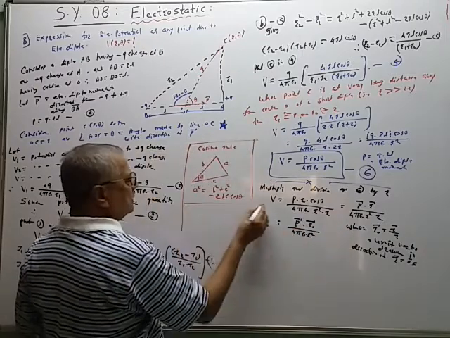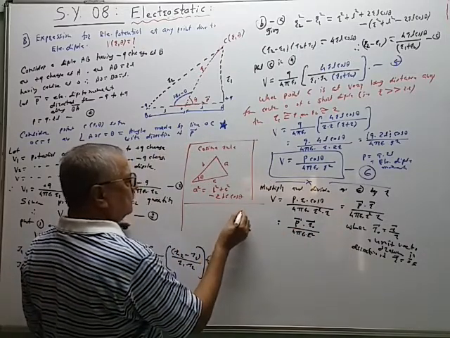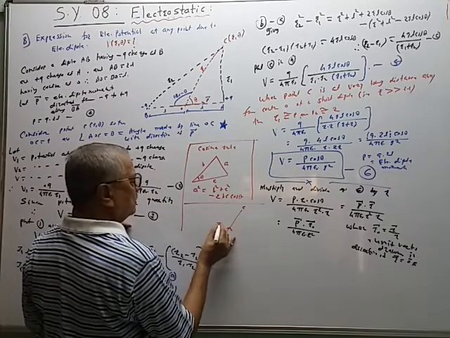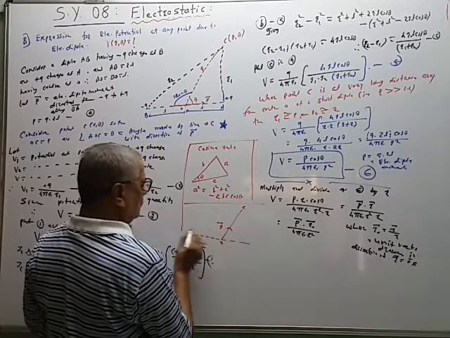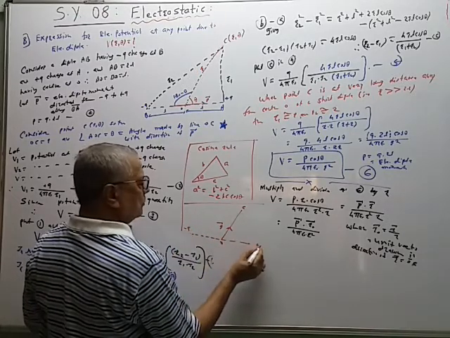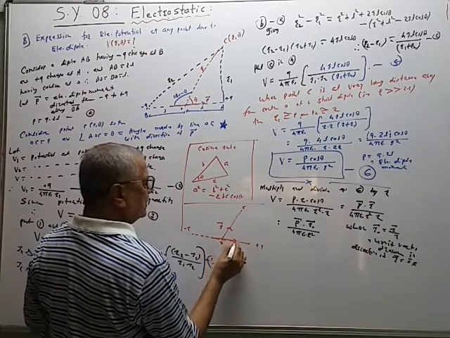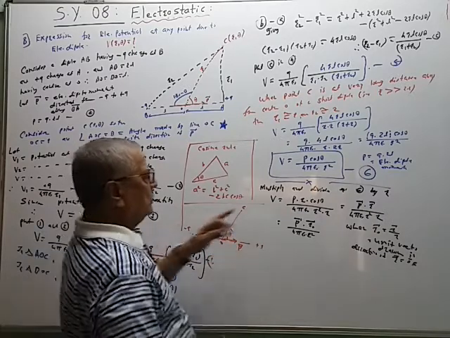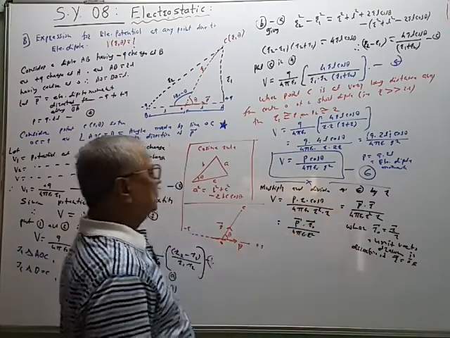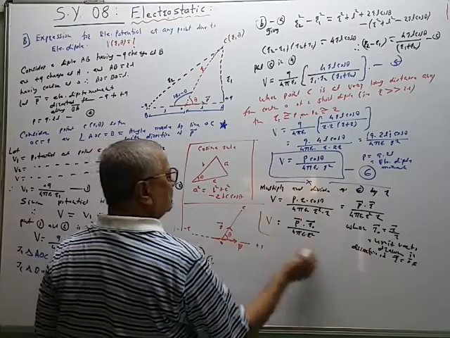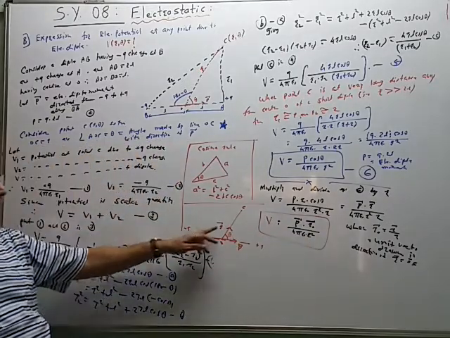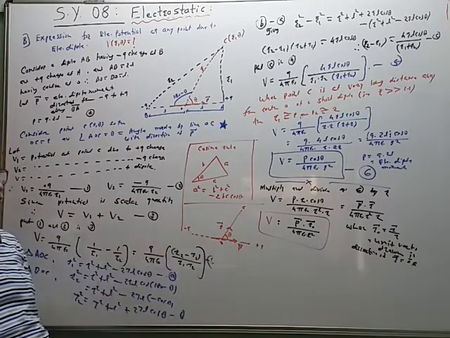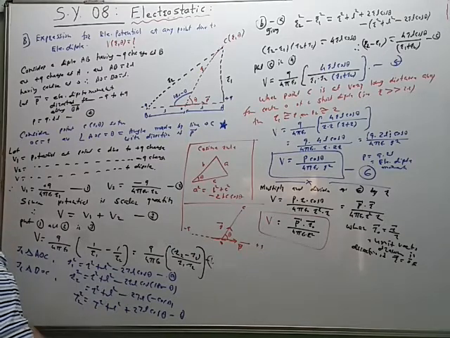So the arrangement is like this. OC. So vector R is in the direction OC, and P is in the direction from minus q to plus q. The angle between P and R is theta, and therefore this P dot R is equal to PR cos theta. So in vector form, the potential is given like this. R0 is a unit vector drawn in the direction of vector R and P is the dipole moment. So the angle between them is theta, like this. So this is the potential.